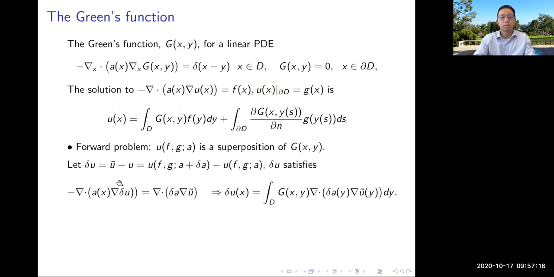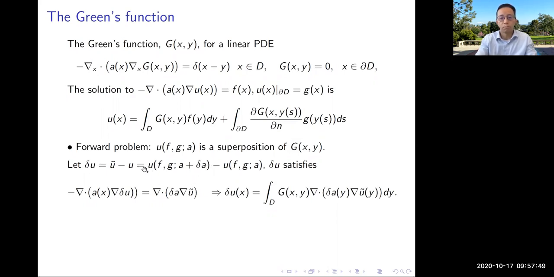If you're talking about inverse problem, it's mainly trying to do the opposite. So this is your true solution. And this is my perturbed solution, where I have a guess of the parameters. And then I look at the difference of these two. That's the observation I can have. And I want to find, from the observation of the difference in the solution, okay? I want to infer what is the perturbation in the parameter.